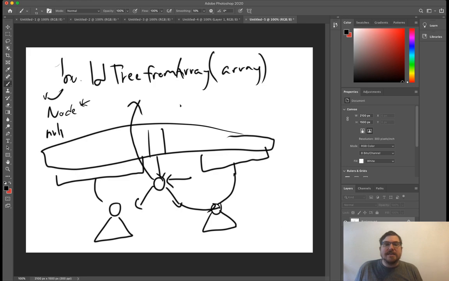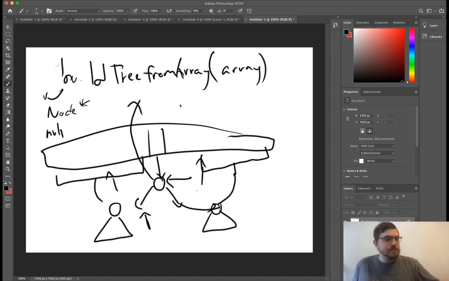Then I'm going to take the middle node from this array of nodes. That's what I return. But before I return it, I'm going to set its left-hand child to another recursive call to myself with a smaller array, the front half of the array, and then I'm going to make my right child equal to calling build tree from array on the right side of the